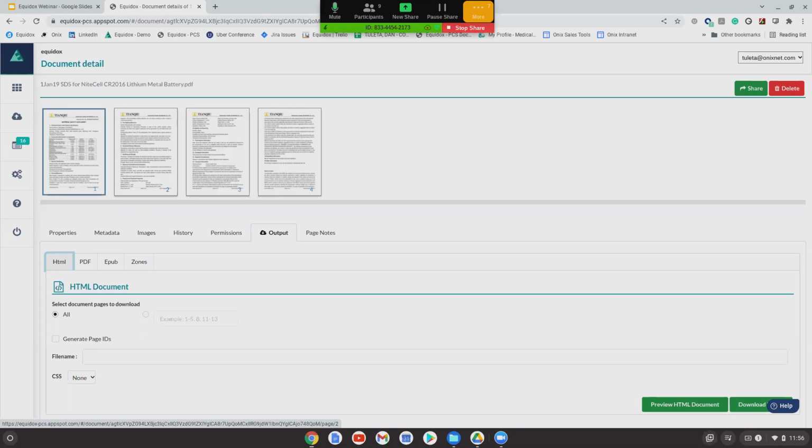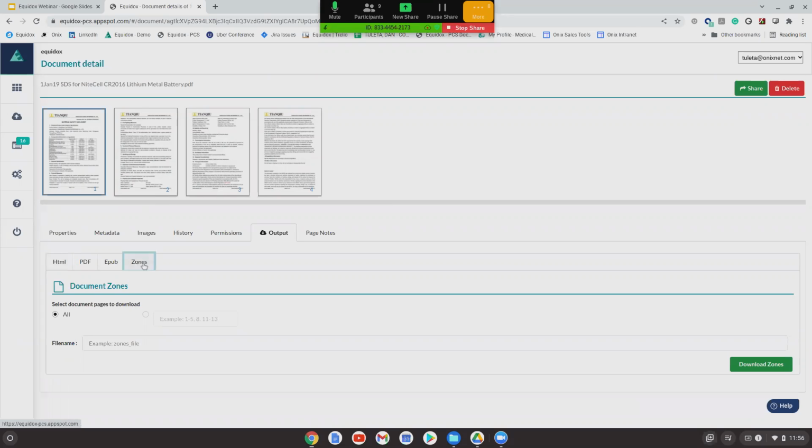And if people are typing a question right now, while we're on this page, one other thing I can mention is this zones feature. This is a newer feature, and it's kind of like an add-on feature to Equidox. But we talked a lot about those zones today when we're looking at the PDF and we're setting up those reading zones. What we're able to do in Equidox is download those zones and then reapply them to other versions